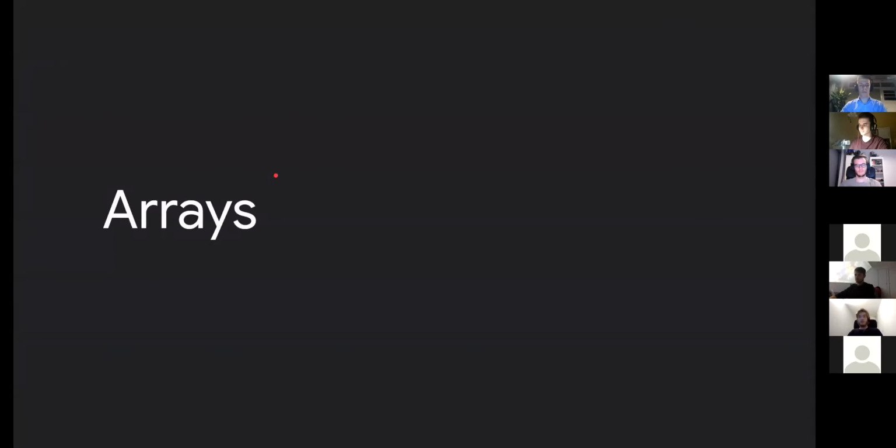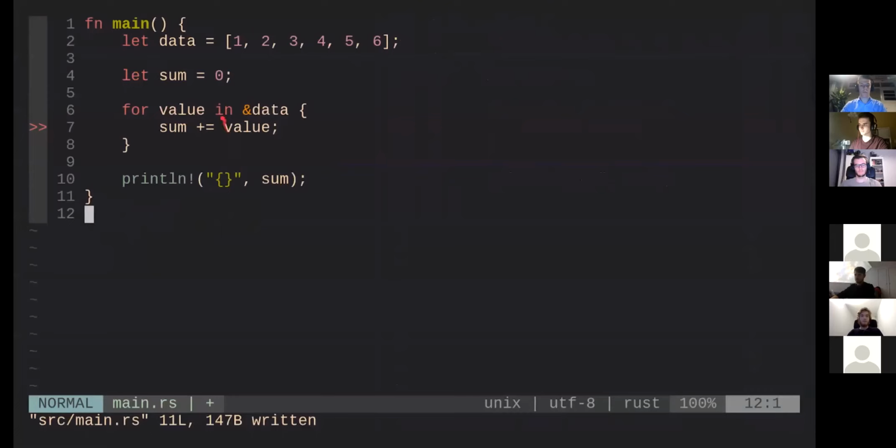Arrays. Let's look at a simple example of arrays. Here we create an array which contains the numbers 1 to 6. We want to sum them, so we create a variable which starts at 0, and we're going to loop over all values in the array. Here we use the for value in syntax. So we loop over each value in the data array, and we use an ampersand here because we want to